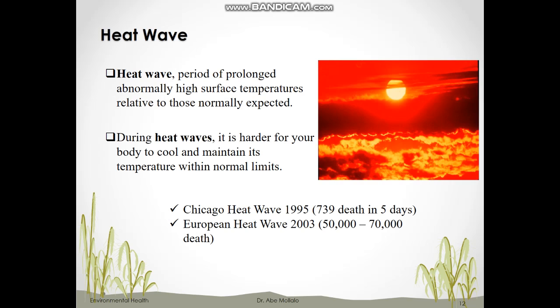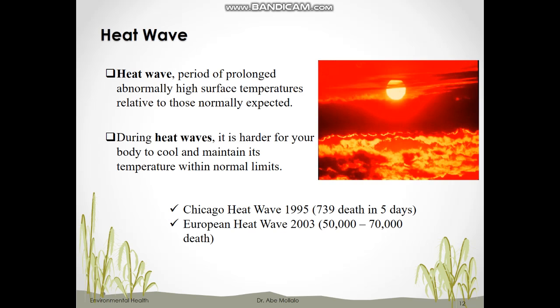The first consequence of extreme heat is heat wave, which is a period of 2 or more days of excessively hot temperature compared to the usual weather. During heat wave, it is hard for the human body to maintain its temperature in the normal range. Two examples of heat waves are the Chicago heat wave in the year 1995, in which more than 700 people died in